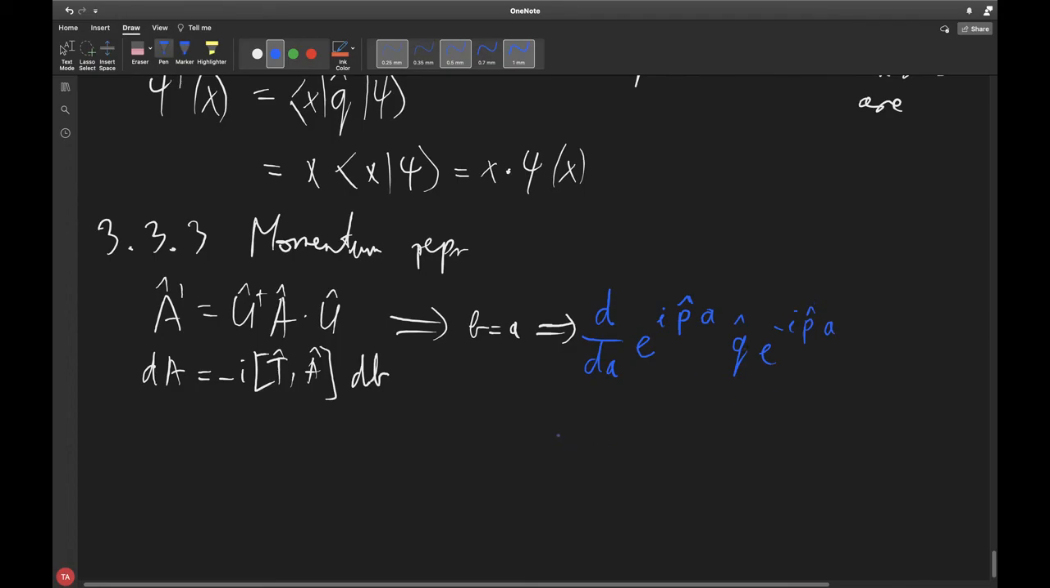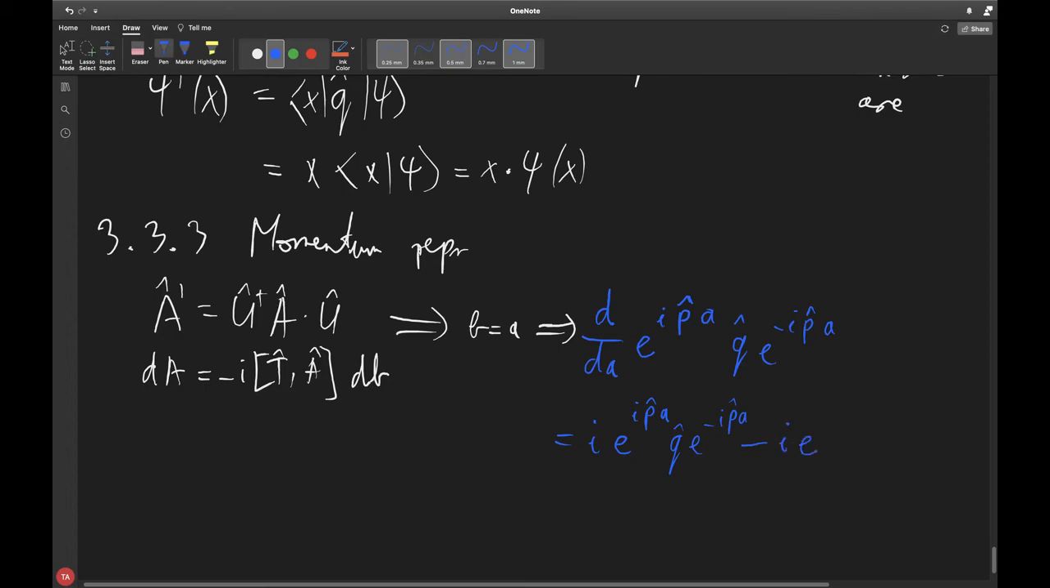So the result of that is that we have the i coming down because that's what's in front of the a in the exponential. So this is the chain rule that we're using. And then we are also left with the exponential of i p a, and then we have the Q and the e to the minus i p a. Let's not forget that this is an operator. And we subtract from this